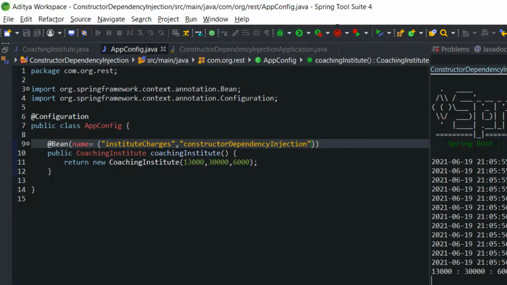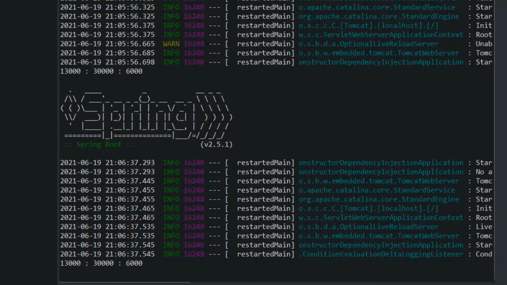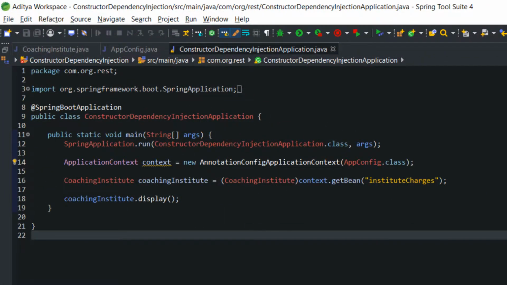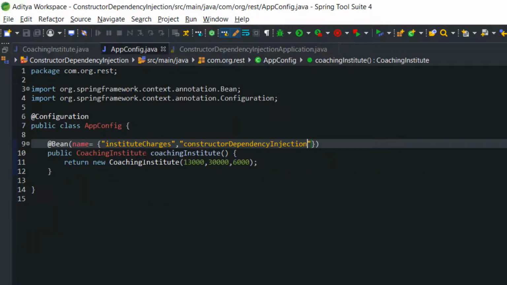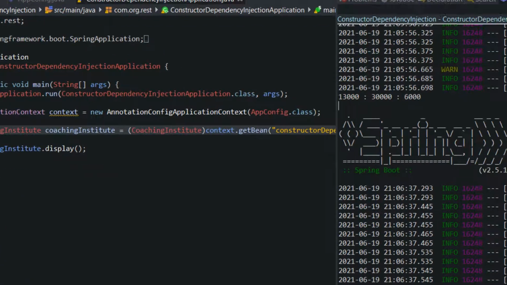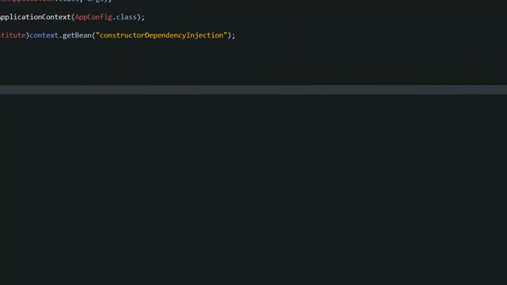That is also going to work perfectly fine. Right now I am using only one name, institute charges, but if you want, you can give multiple names. If I change from institute charges to constructor dependency injection, it will also work fine. See, it's fine.